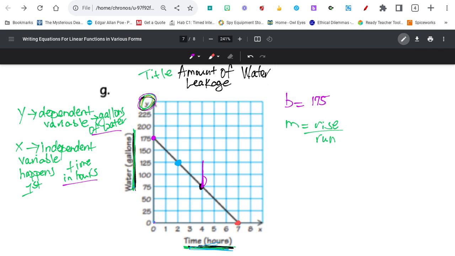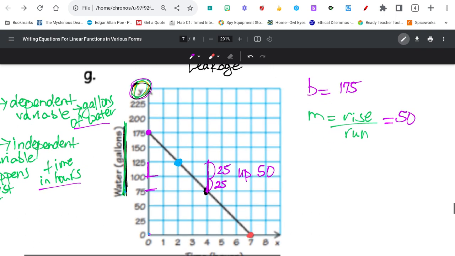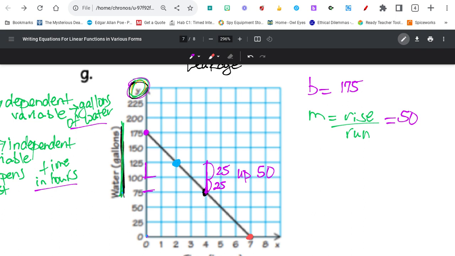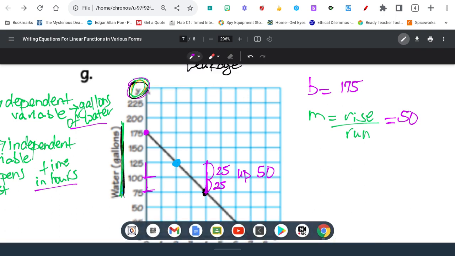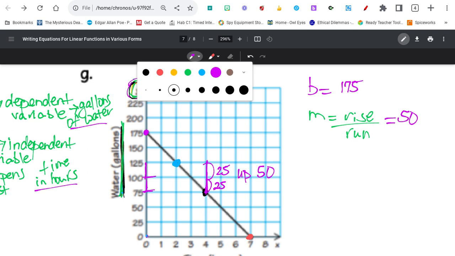And this is not 1, 2, because clearly these are not counting up by ones. This is up 25, and then to get from 100 to 25, it's up 25 more. So I went up a total of 50. When you have a real life problem, please pay attention to what you're counting by, on each axis, okay? So I went up 50, and then I have to turn, and to get to the blue dot, I'm going to have to go to the